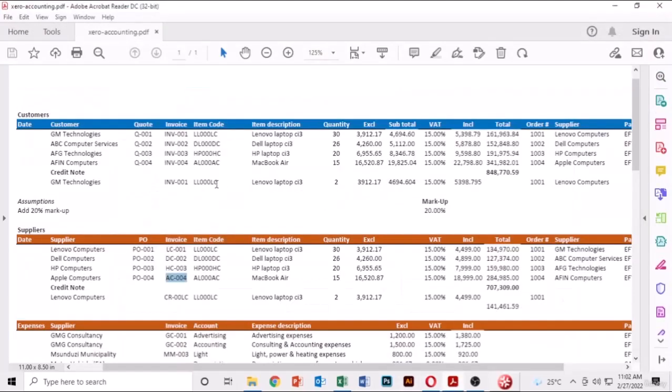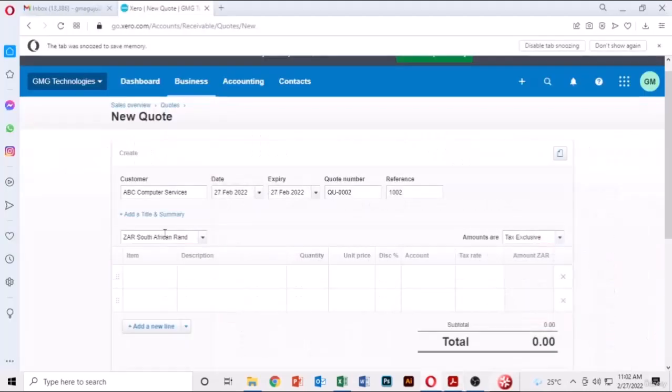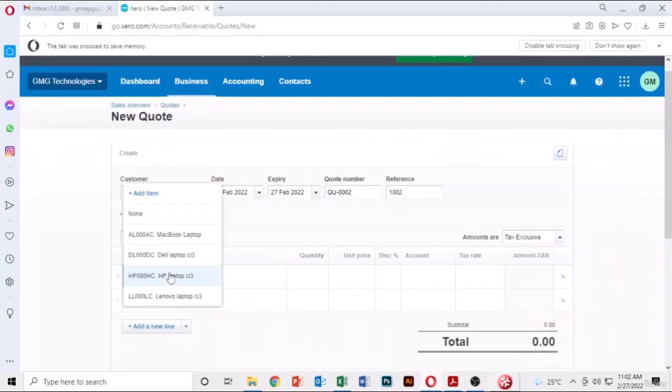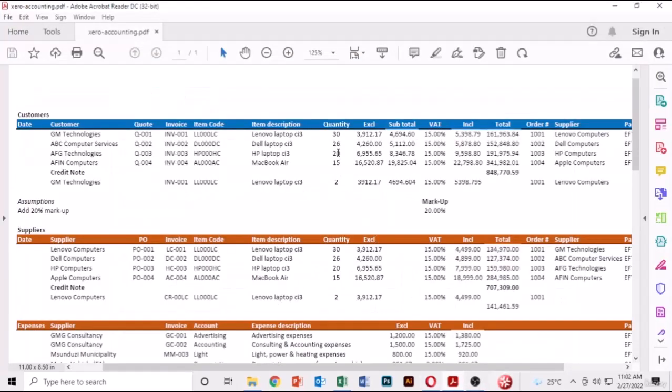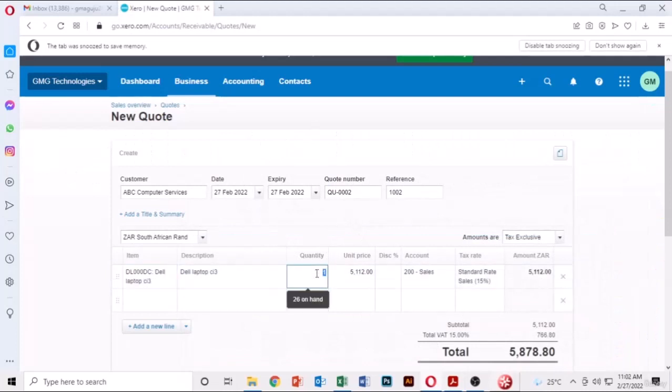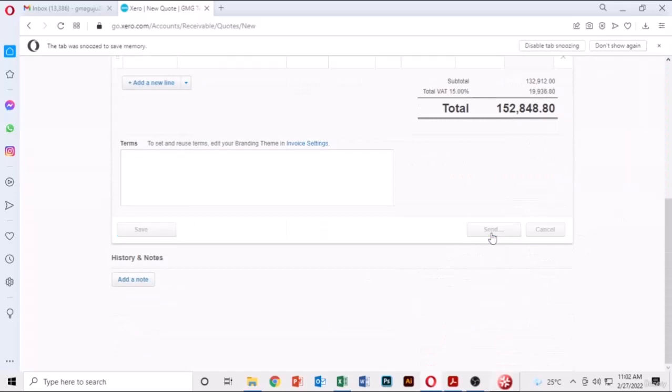And what brand are they buying? They're buying Dell. So these are buying Dell laptops. And how much? 26. Right, so 26, and then we say send,